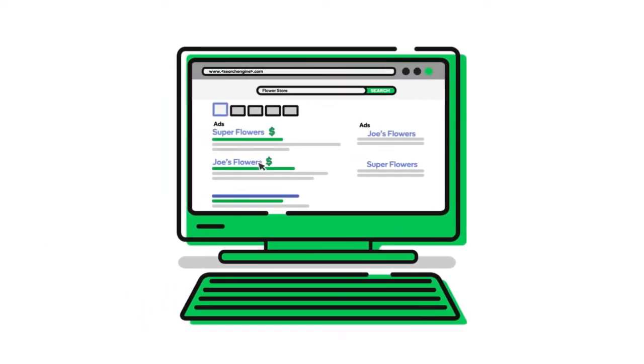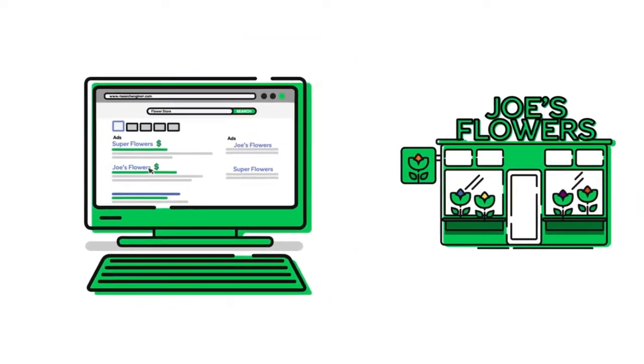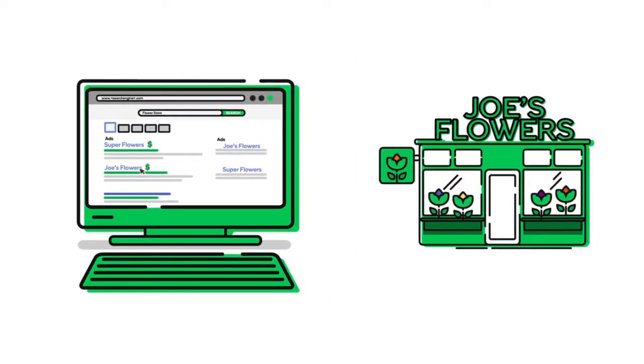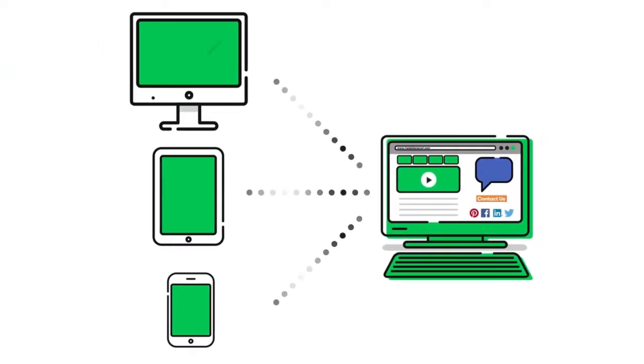Payment models for online advertising are constantly evolving and can be complex. One of the mainstays is the basic pay-per-click model, also called PPC. You pay a set amount each time someone clicks on your ad. The amount is either a flat rate agreed upon by you and the publisher, or an amount determined through a keyword bidding process. Paid advertising done right can generate a lot of traffic right away.